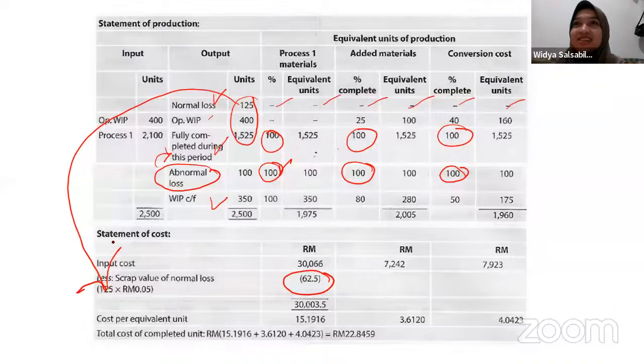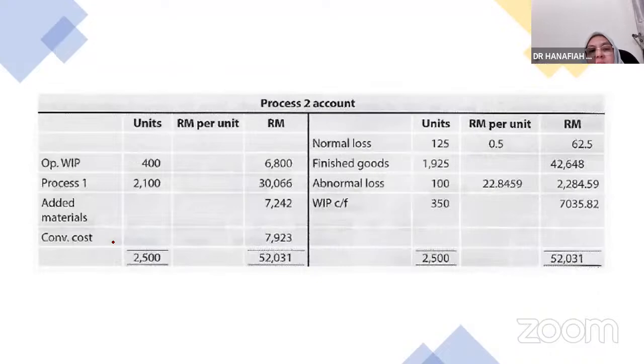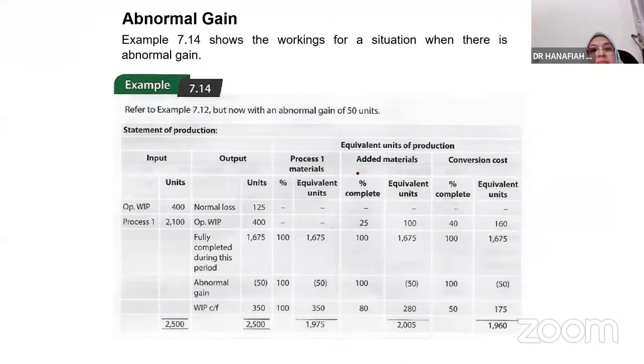Okay, so that is the abnormal loss and the rest is all the same for the statement of evaluation and how you include it in your process 2. Remember, it is the same. Normal loss would be on your credit side, your abnormal loss on your credit side. So it just transfers the figure. All right, and